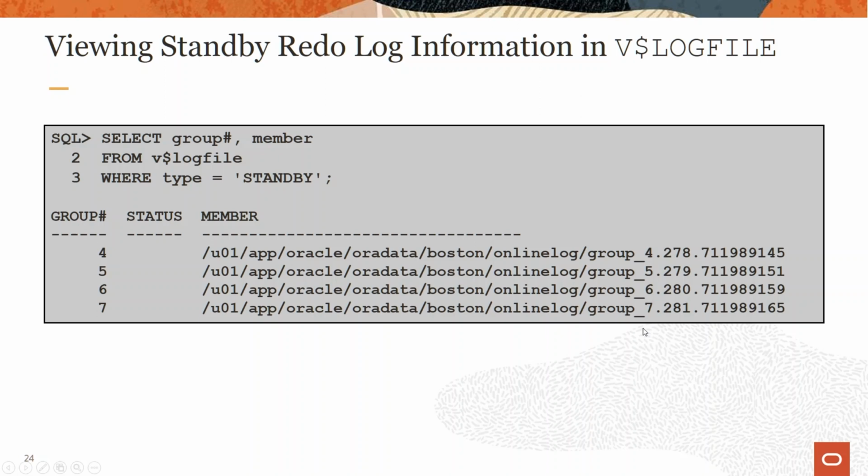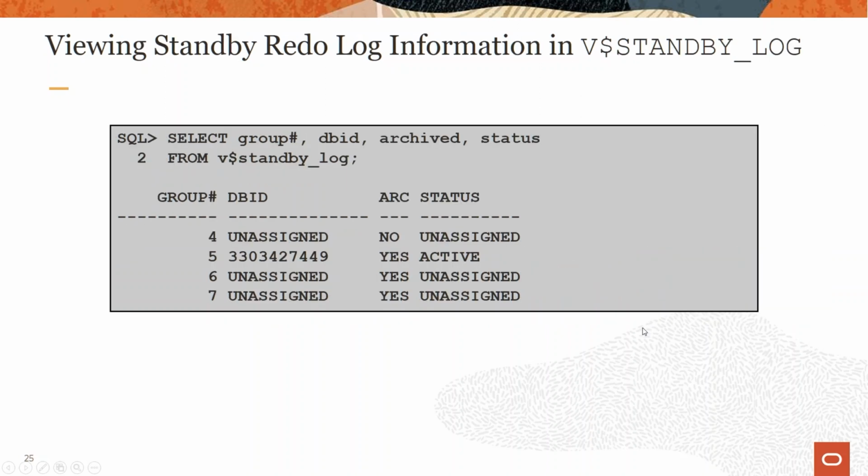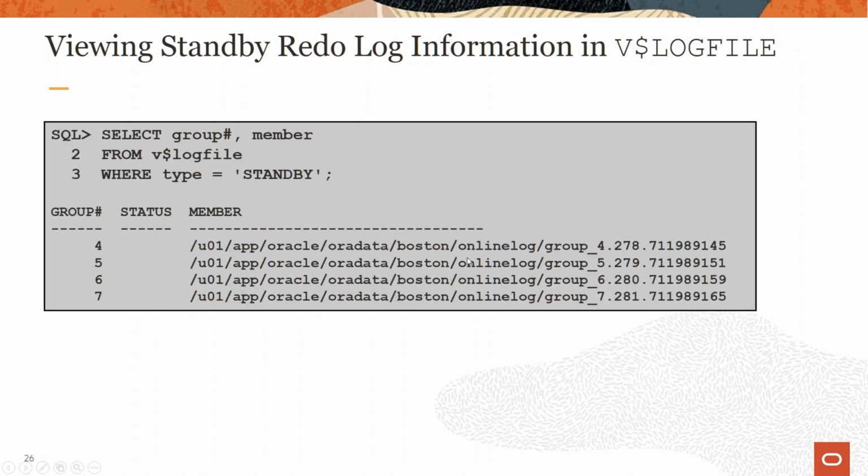And also you can check the status of a standby log. If your database is a primary database, when you check V$STANDBY_LOG, you will see unassigned, because the standby log will be used when the database becomes a standby database. If a database is a primary, this will not be used because we are checking standby log. And also you can check V$LOGFILE. So if your database, the role,